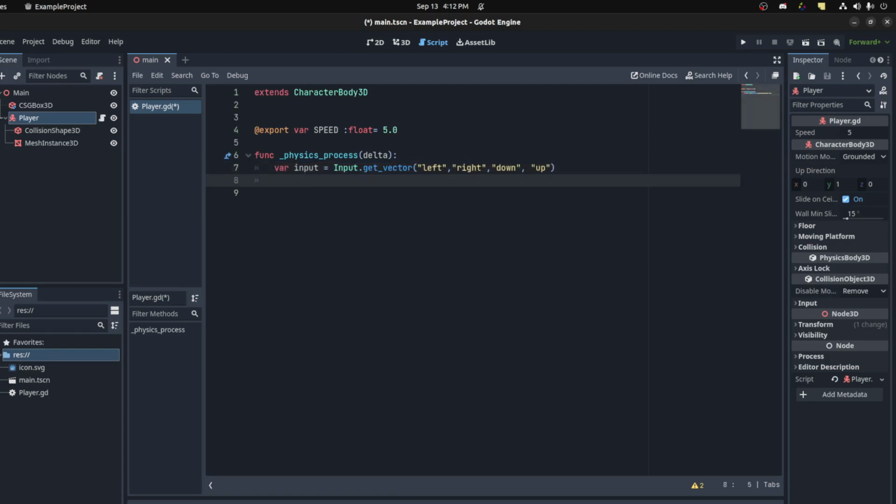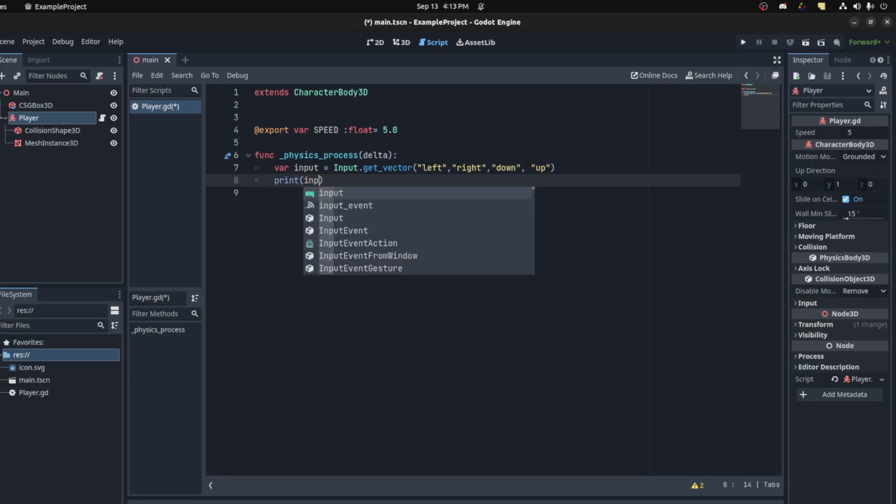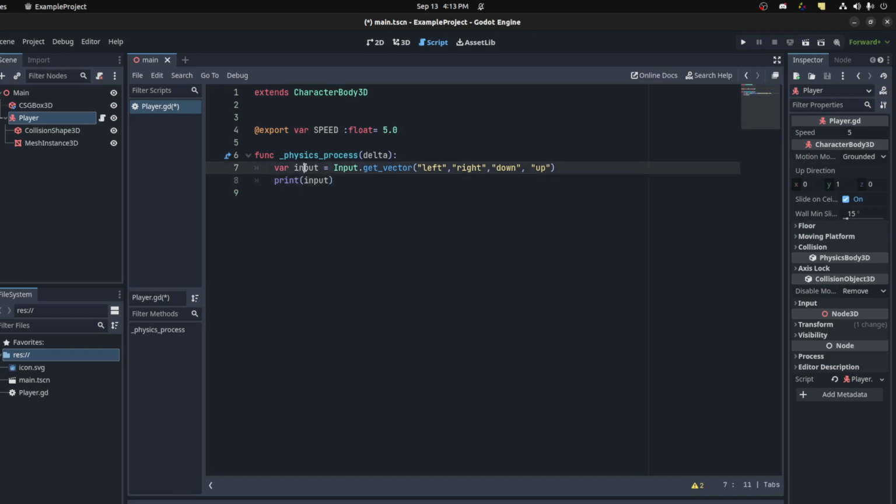We'll just print that out for now. So let's say print put, and this returns a vector2. Save, and